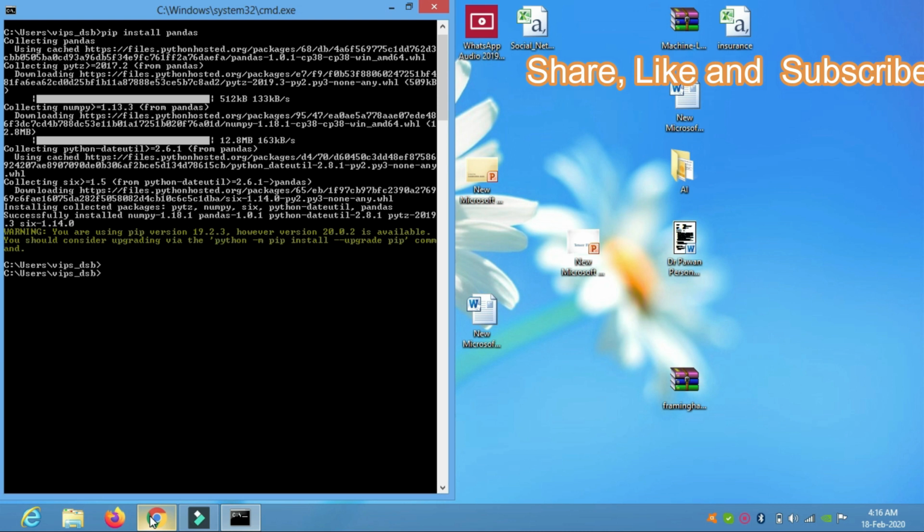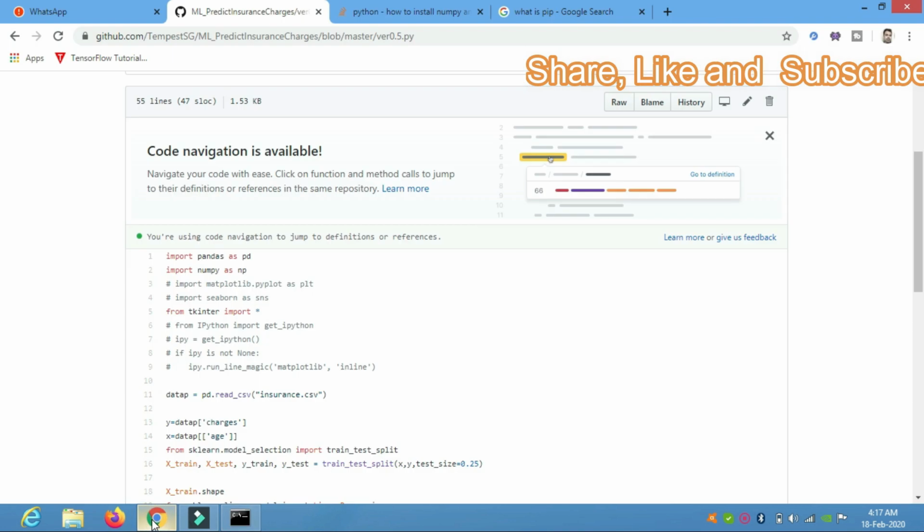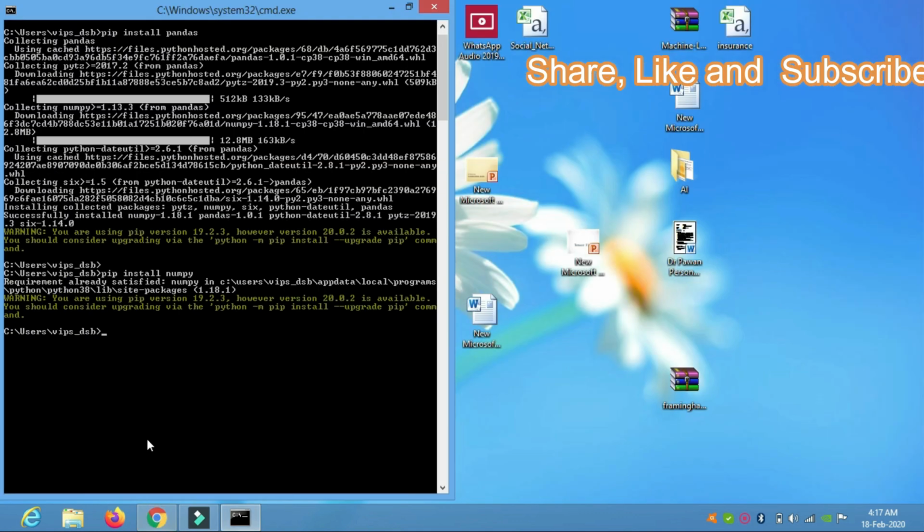Pip is basically a package management system for Python. Through that we can implement different packages on Python. Like here I downloaded pandas using pip for Python. Here you see one warning coming that your pip version is not the latest. It is the earlier version that I had. But you need not be worried about that. Whenever you download it in your system, it depends upon the latest version available on the web. So let us move forward.